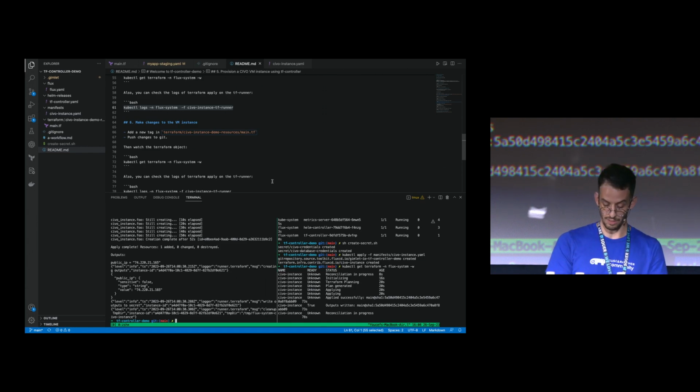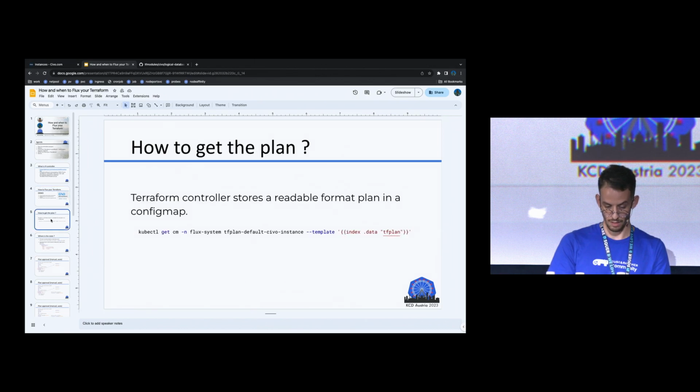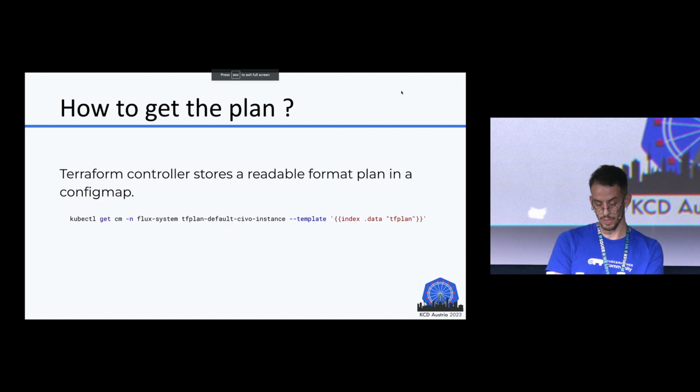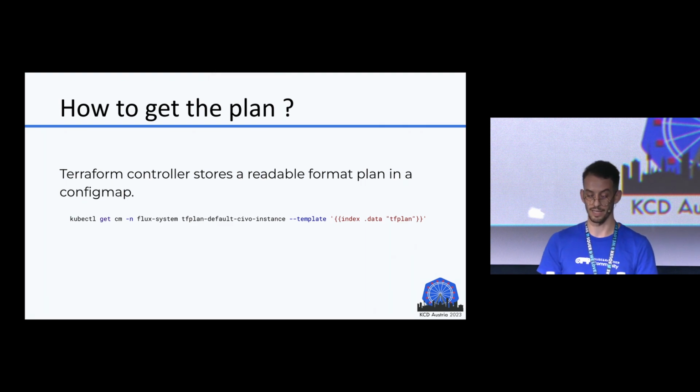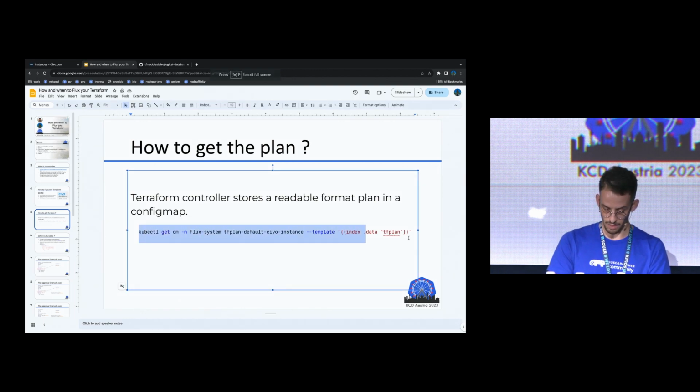Now I would like to circle back to the slides. We talked about the plan and the state, so now we would like to see where is the plan that the Terraform controller applied automatically for us. As you see here, I'm using a config map, and I mentioned before that the Terraform controller stores the plan in a secret.